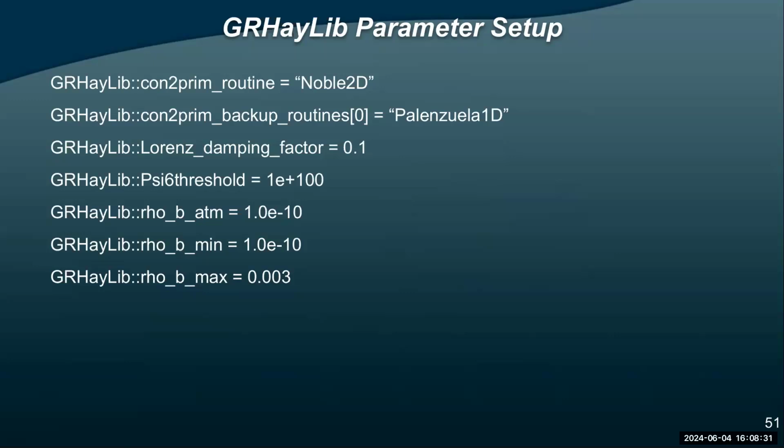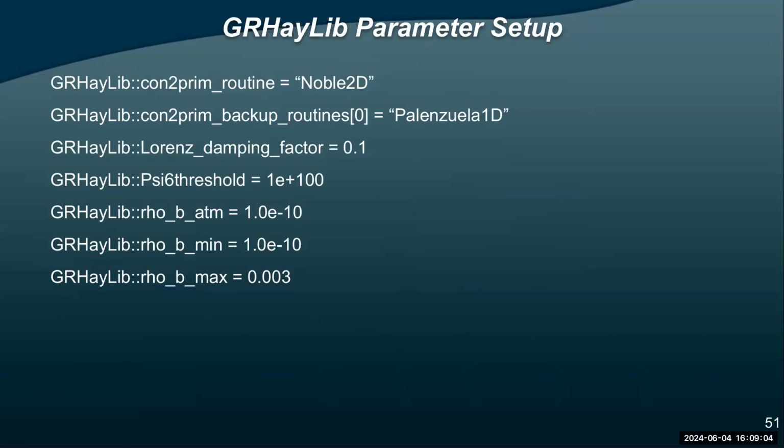So for the induction equation, we have the generalized Lorentz gauge, and there's a Lorentz damping factor that you can set with this parameter. And then the size 6 threshold, this is the default, which basically we follow. It's not going to ever trigger. But this sort of tries to predict whether you're inside the black hole. And if you are, it does some different things in some of the enforcing limits and other small things like